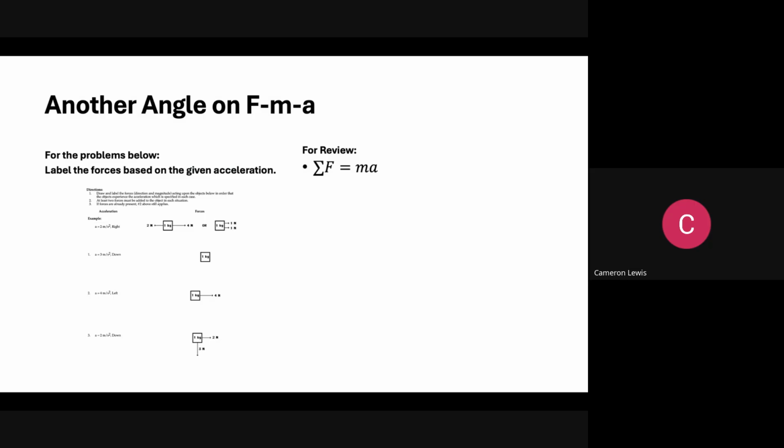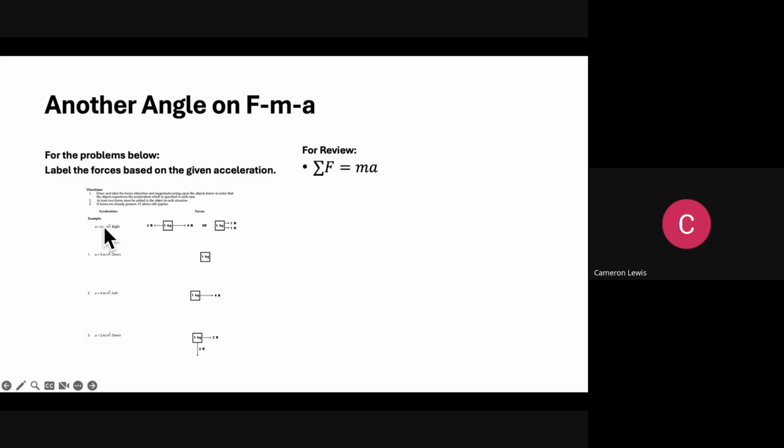So as we go through these, let's start off with a little bit of review. Remember we had our free body diagrams. So let's take a couple seconds to go through these. We want to label the forces based on a given acceleration. So remember that we know that the sum of the forces is equal to mass times acceleration. So how they did it in the example up here,